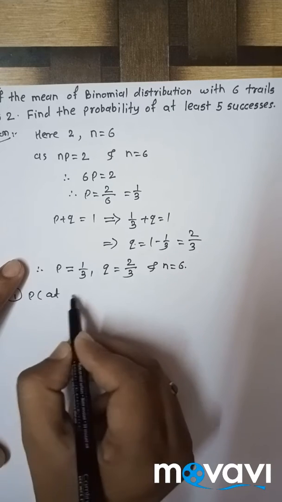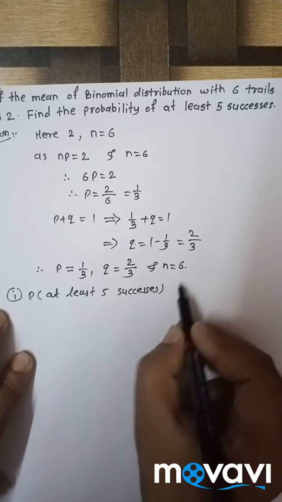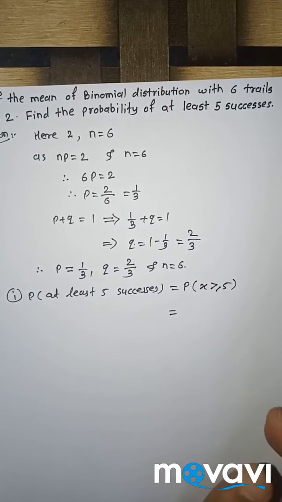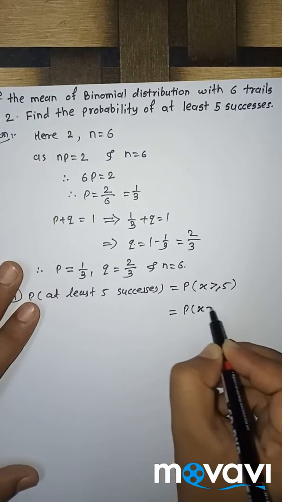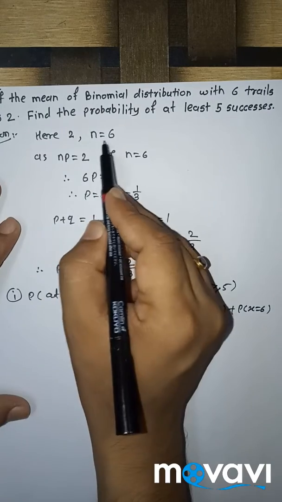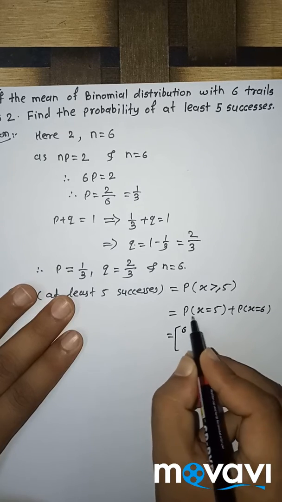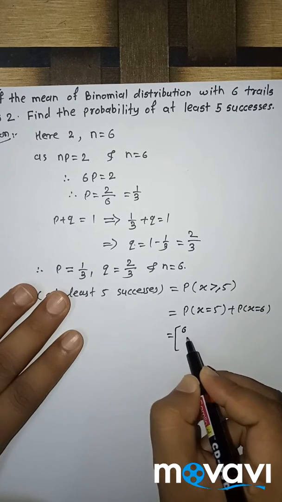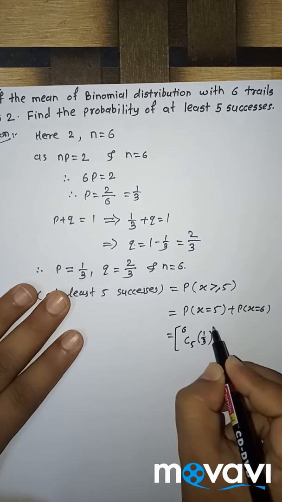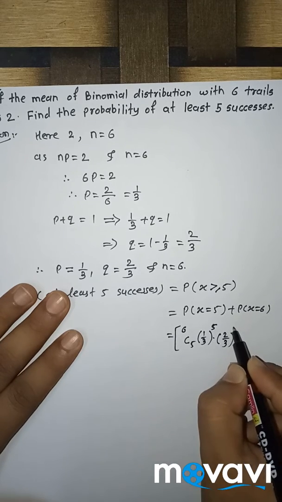Probability of at least 5 successes is equal to probability of x greater than or equal to 5. This is equal to probability of x equal to 5 plus probability of x equal to 6. Here the value of n is 6, so we go up to 6. For probability of x equal to 5, the formula is 6C5, p means 1 upon 3 raised to 5, into q means 2 upon 3 raised to 6 minus 5, which is 1,